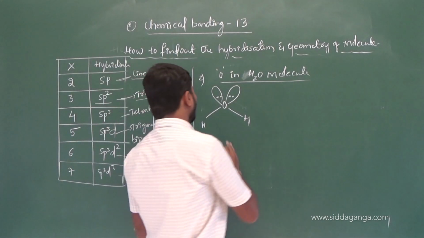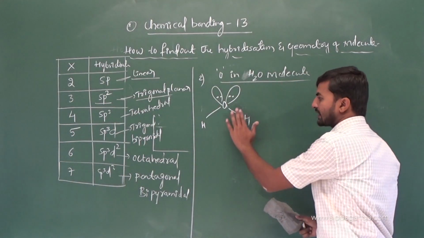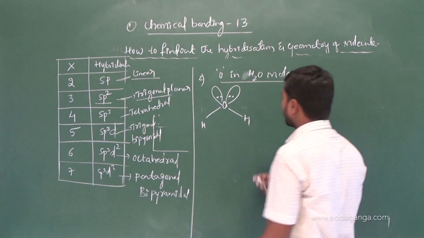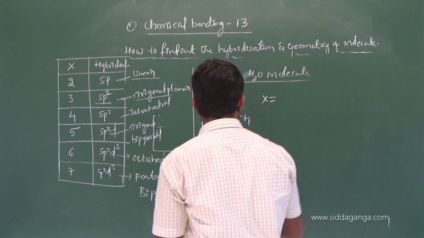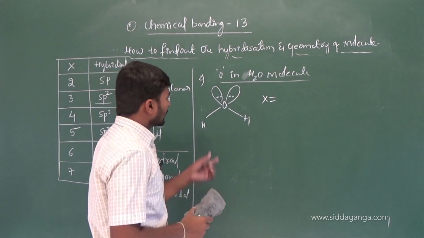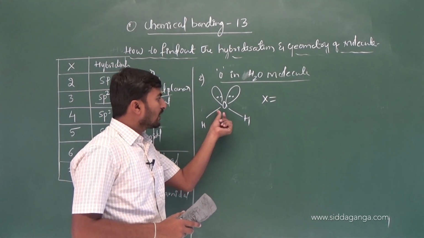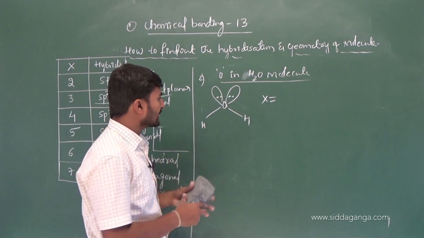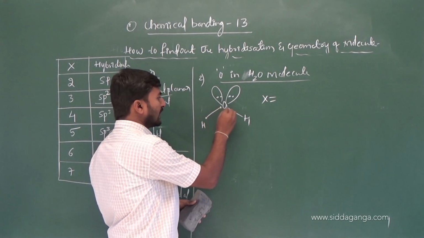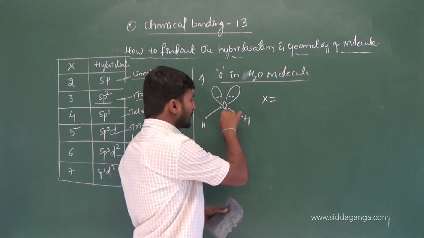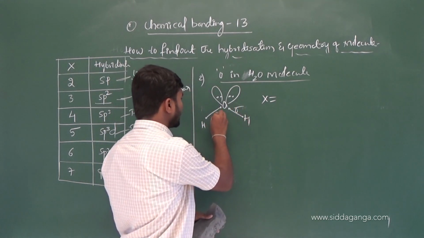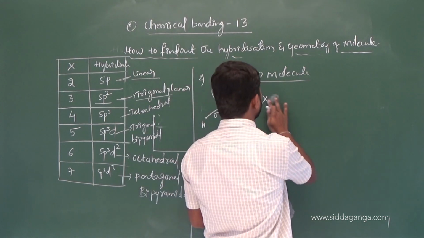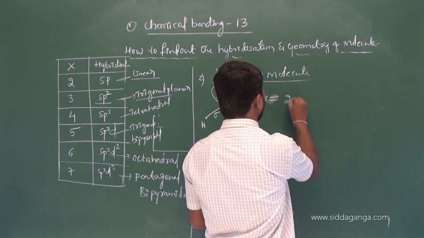Now we know the structure of this water molecule, we can calculate the value of x. First, the number of sigma bonds on the central atom. This is one sigma bond because it is a single bond. This is one more sigma bond. The number of sigma bonds on the central atom is 2, plus